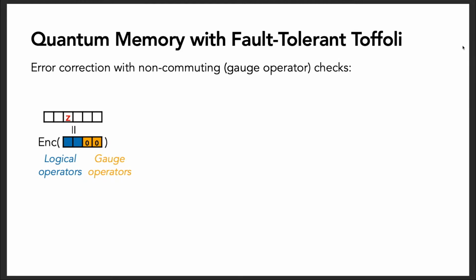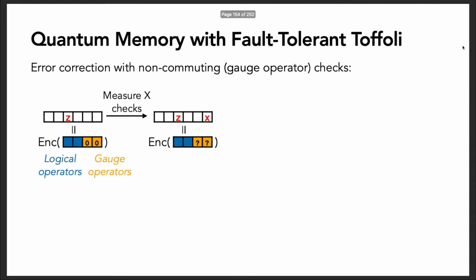And then even if we have some physical errors, we'll measure all the x checks at once. This measurement procedure will measure these low-weight gauge operators, which could totally corrupt these gauge qubits. It could project these gauge qubits into some arbitrary state in the x basis, but it will still preserve the logical qubits. And using these measurement outcomes, we can actually compute a Pauli Z correction that will correct whatever Z errors occurred.